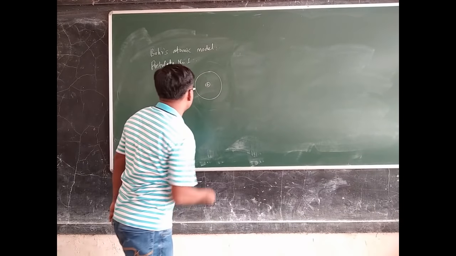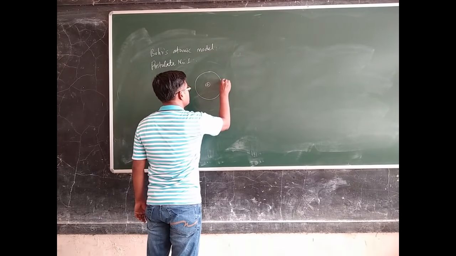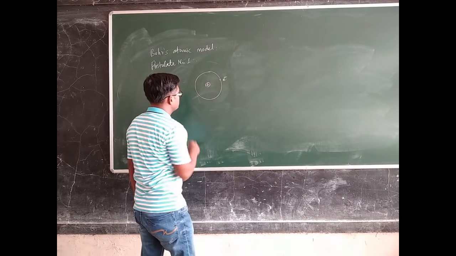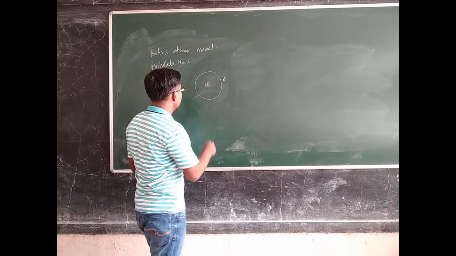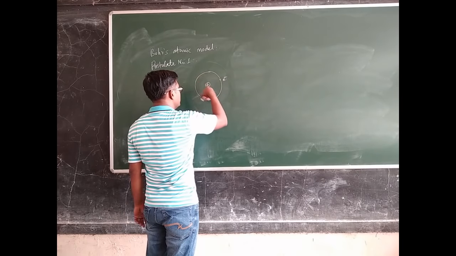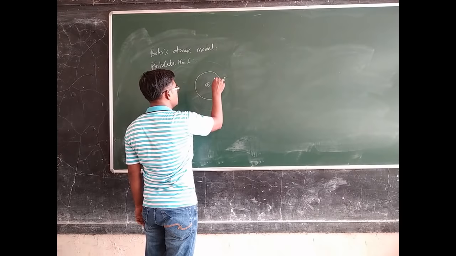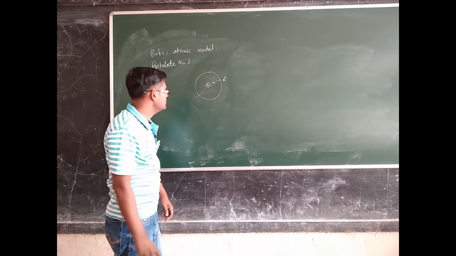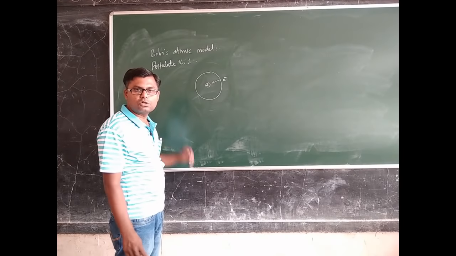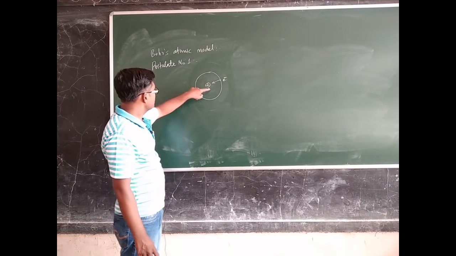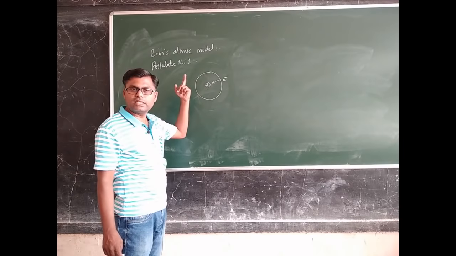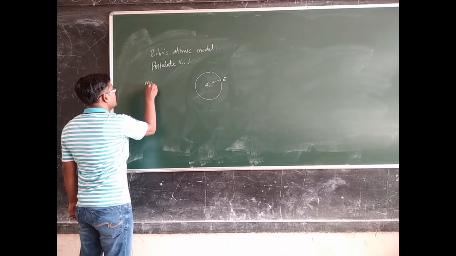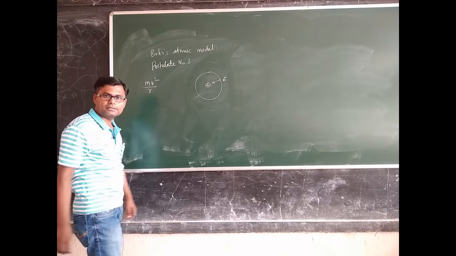Now the electrons are negatively charged particles. So this is electron, this is proton. If it is a hydrogen atom, then this is proton, this is electron, and since the electron is revolving in a circular orbit, there should be a centripetal force, and the direction of this centripetal force will be towards the nucleus. So we can set up some equations. If there is a circular motion, then there should be a centripetal force, and centripetal force will be given by m v square divided by r.